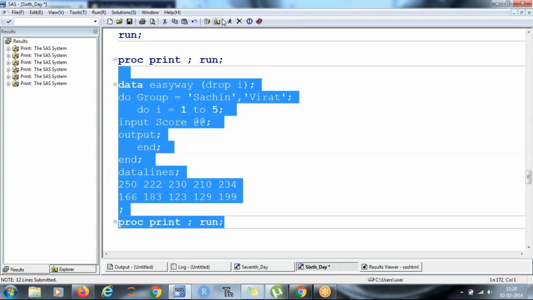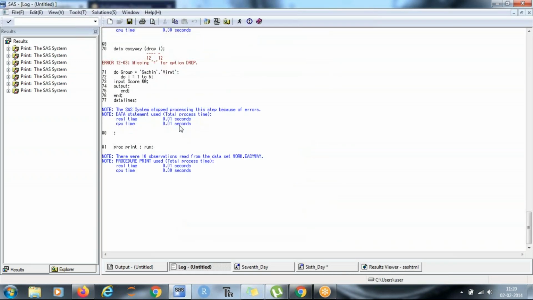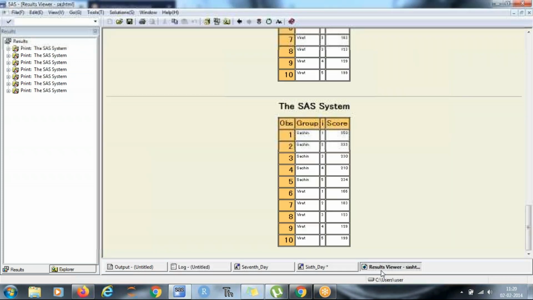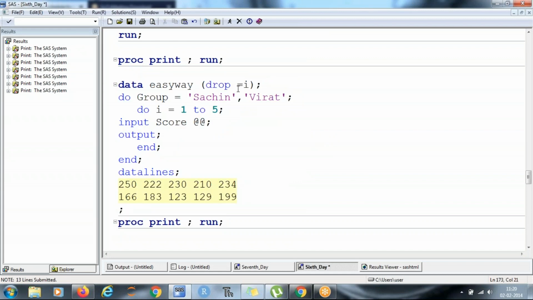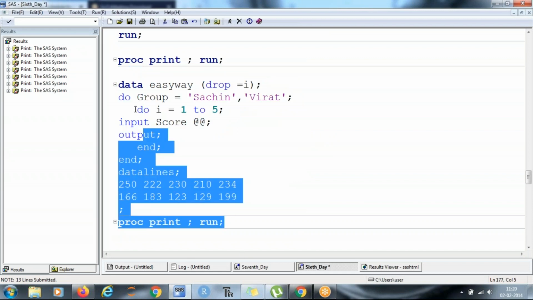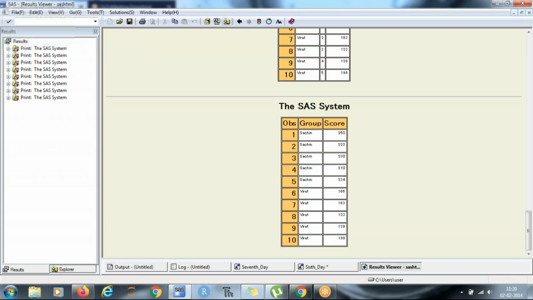I is an iterative variable. It is not dropping. Let me see. The equal to symbol should be. Right? So I is dropped.